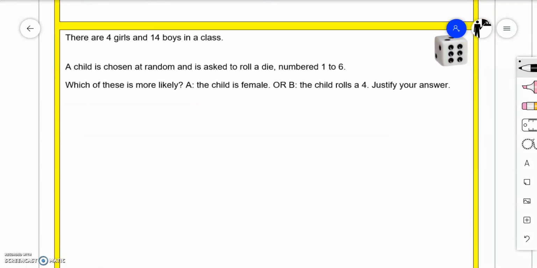Question 2 really. There are 4 girls and 14 boys in a class. A child is chosen at random and is asked to roll a dice numbered 1 to 6. Which of these is more likely? A, a child is female, or B, the child rolls a 4. Justify your answer. So we need to figure out the probability of choosing a female. How many females are there? There's 4. How many in the class altogether? 18. So the probability of being a female in that class is